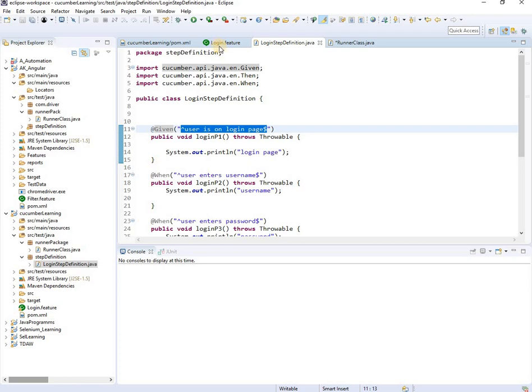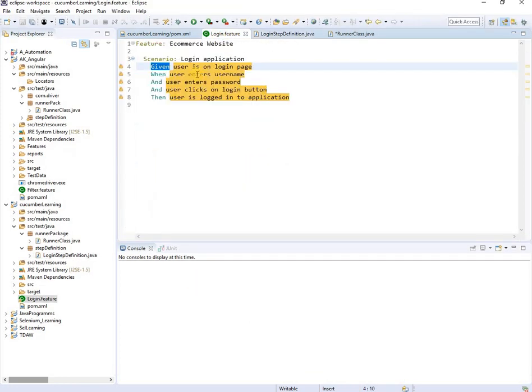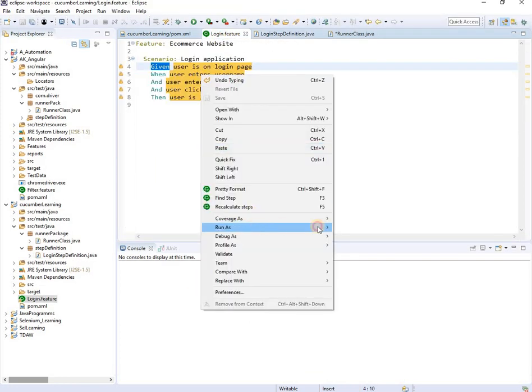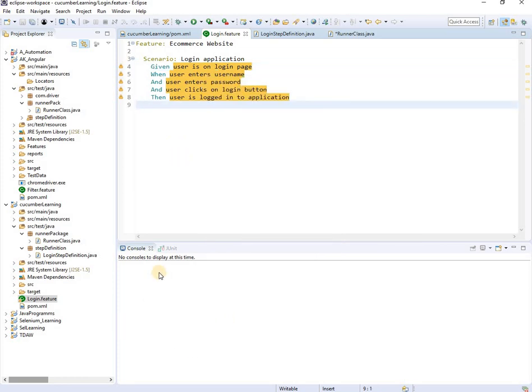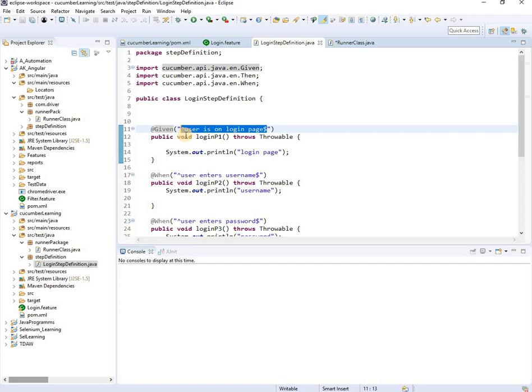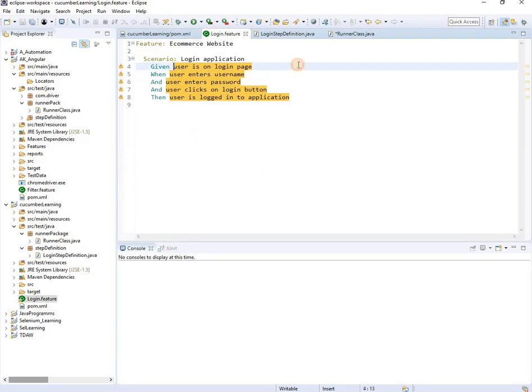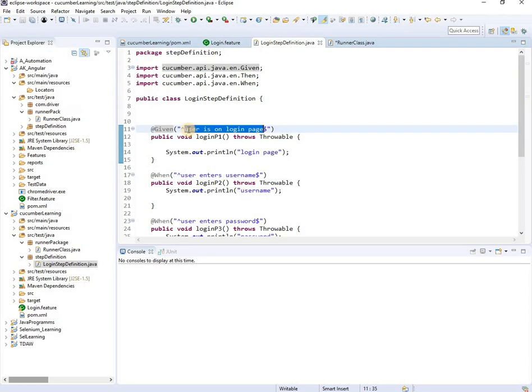So if whatever we did, right click and run as Cucumber feature, it has given something in the console output. If that is not working, you can simply type it over here, or copy this thing and paste it over here with caret and dollar. It is case sensitive also, guys, right? It is case sensitive.